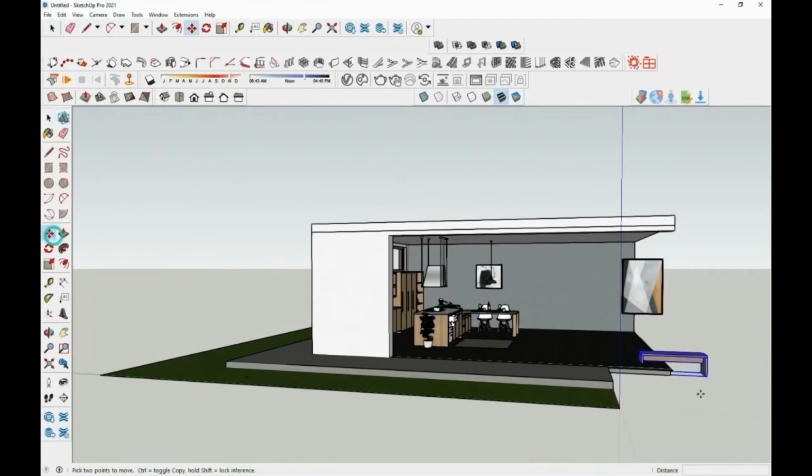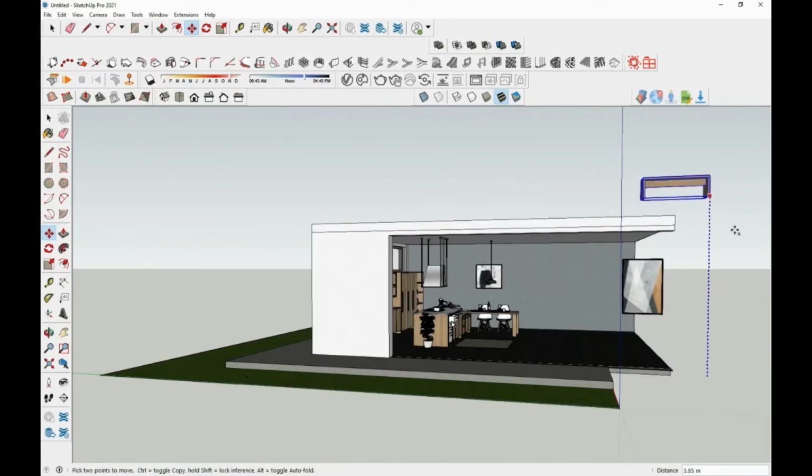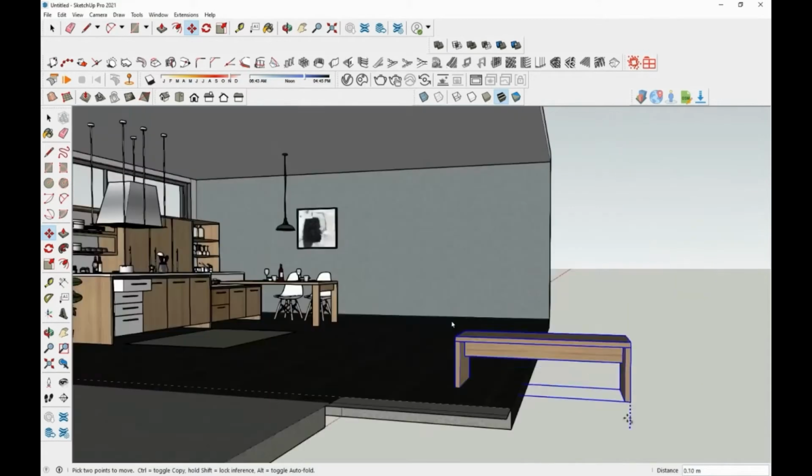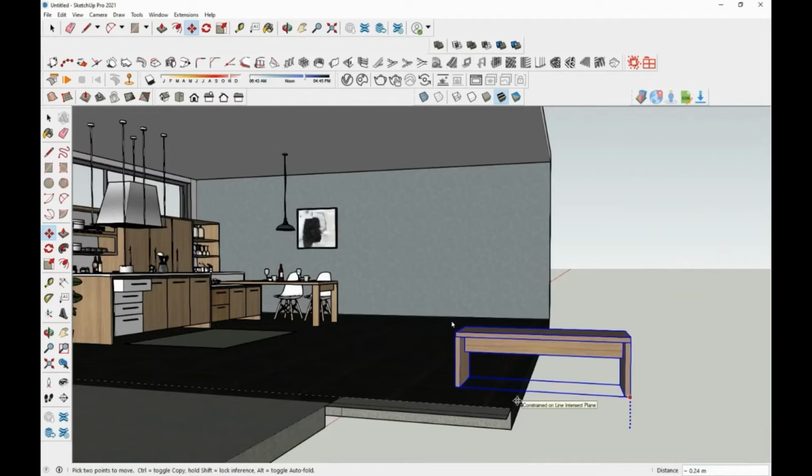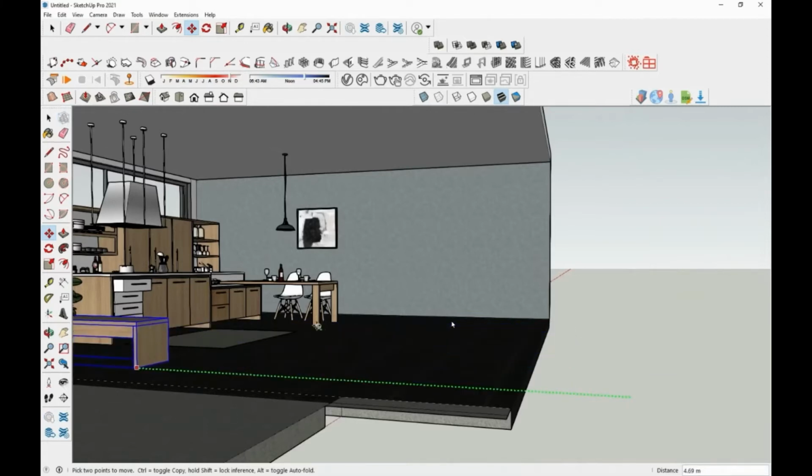Here I want to move this bench and align it with the edge of this table. So when I'm trying it like it's not going in the right position. I'm not getting the exact control here. So to do it precisely, I'm locking the blue axis by pressing the up arrow key. Now the blue axis is locked and the object is restricted from going somewhere else. And here I'm choosing a point on the floor plane, so that will inference the object and it will align the object with the floor.